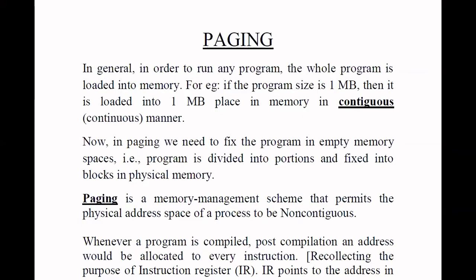To put more emphasis on the drawback, the complete size needs to be available in physical memory, as I said. So if some other portion of the physical memory is available for less than 1 MB of space, that space cannot be utilized for storing the instructions. It just lies there. Many spaces might be available in physical memory, which might be empty, but they cannot be utilized for this current program because the size isn't matching. Now in paging, this problem is highly overcome.